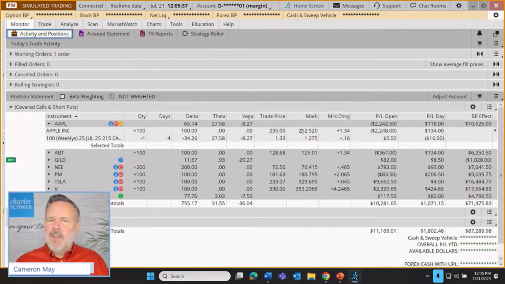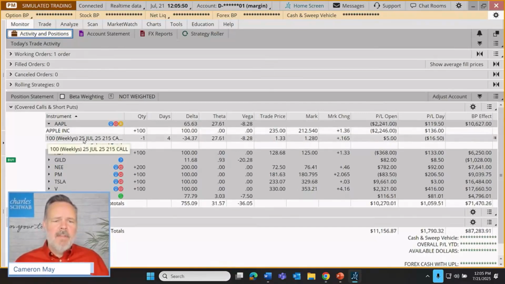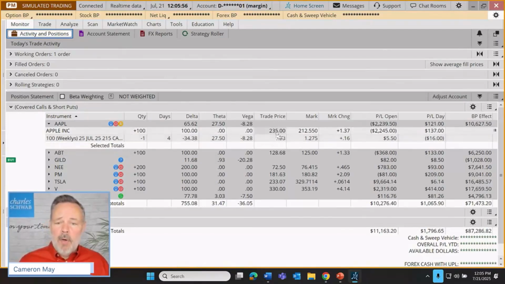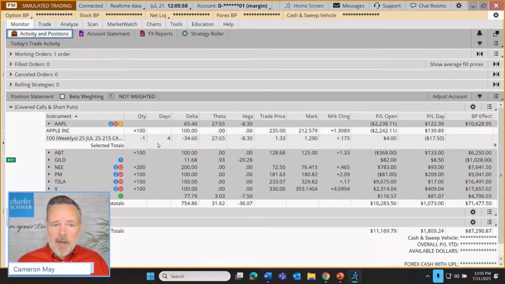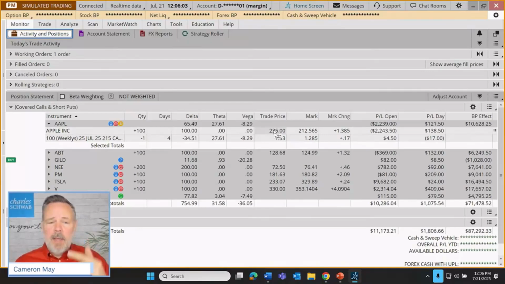Those shares are only at $212 right now. So that's where we're taking our damage. But along the way, we've reduced some of that hit by selling options for income against that position. As of this moment, we are in a 25th of July 215 call. That's below the price we paid. Yep, we're in an obligation right now to potentially have to sell shares for less than we originally paid for those. But let's go see the entire history of this.